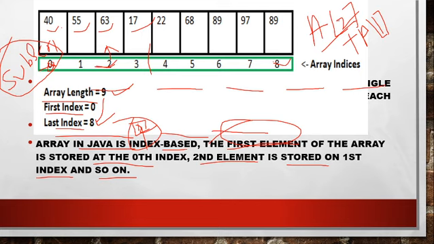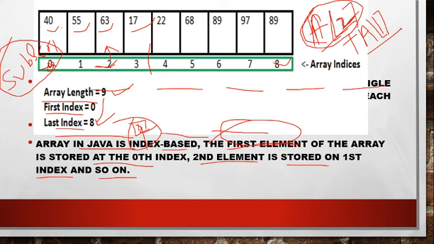Here this 2 is known as index or subscript, but this A and overall A2 is called a subscripted variable. So what is a subscripted variable? Array name with subscript, variable with subscript.